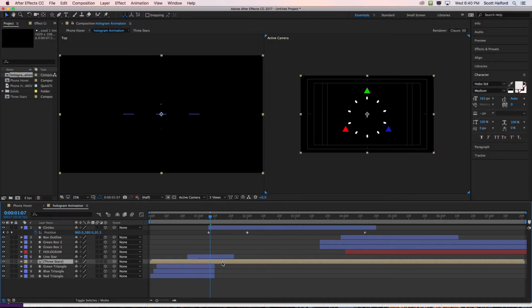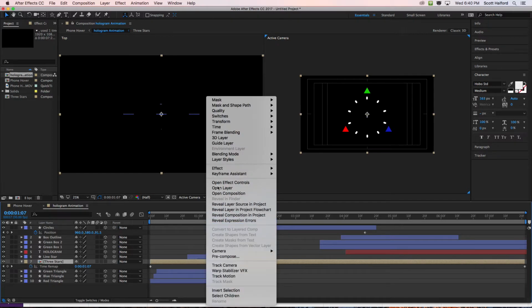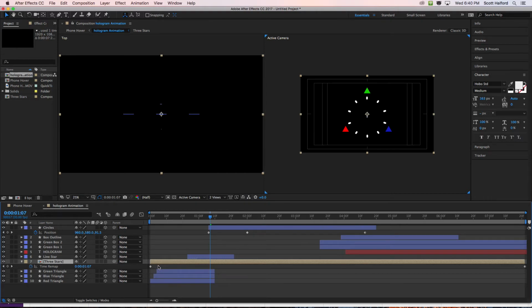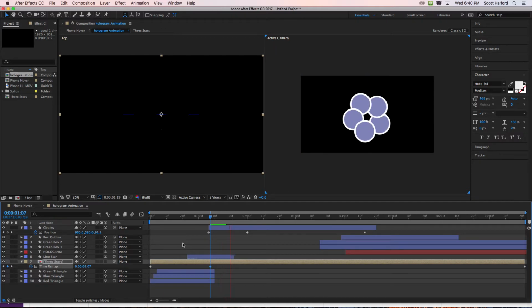Now what I want to do is turn on time remapping. Do Command-Alt-T, or right-click on it, go to time, enable time remapping, which is Command-Alt-T. And then what I'm going to do is add a keyframe right here for the time remapping, and then go forward